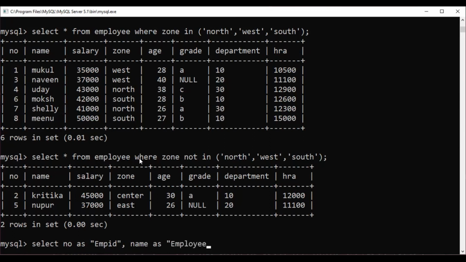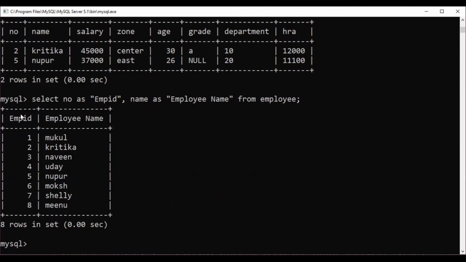This is only for output purposes. From employee. So you can see instead of number, the alternate or alias name appears as the column heading. These are all for output purposes.